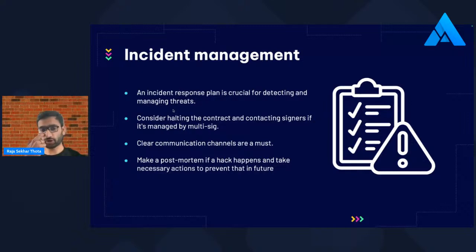And then a response plan, or having incident management. Incident management is really mandatory for any sort of tech application, I would say, because there might be a chance that anytime something might go wrong. So for that, a response plan is crucial in Web3 too, in order to manage the threats. And let's say some important factors that you can consider as part of your incident management plan are